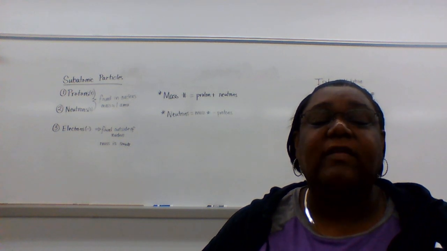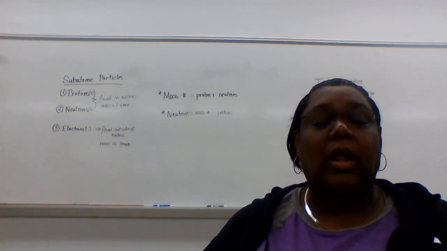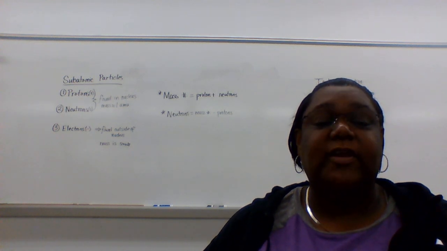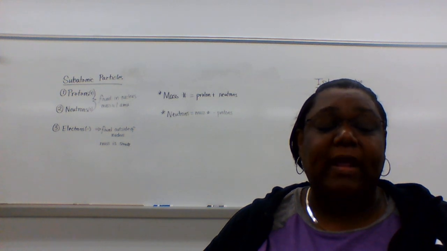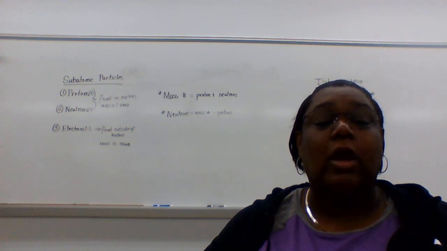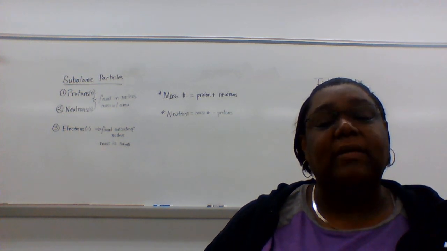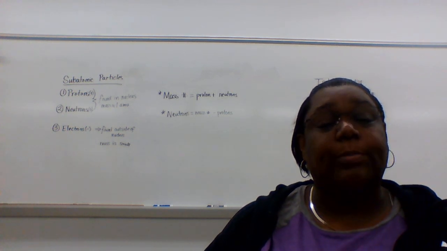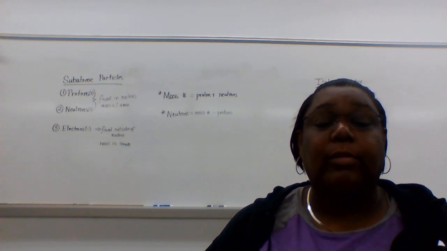Now, the mass of an electron is really, really small. So for all intents and purposes, we don't even include the mass of the electron in the mass of your atom. Now, the mass of your atom is known as your mass number. So how do we find the mass number? Well, we find the mass number by adding your proton number, and another name for your proton number is your